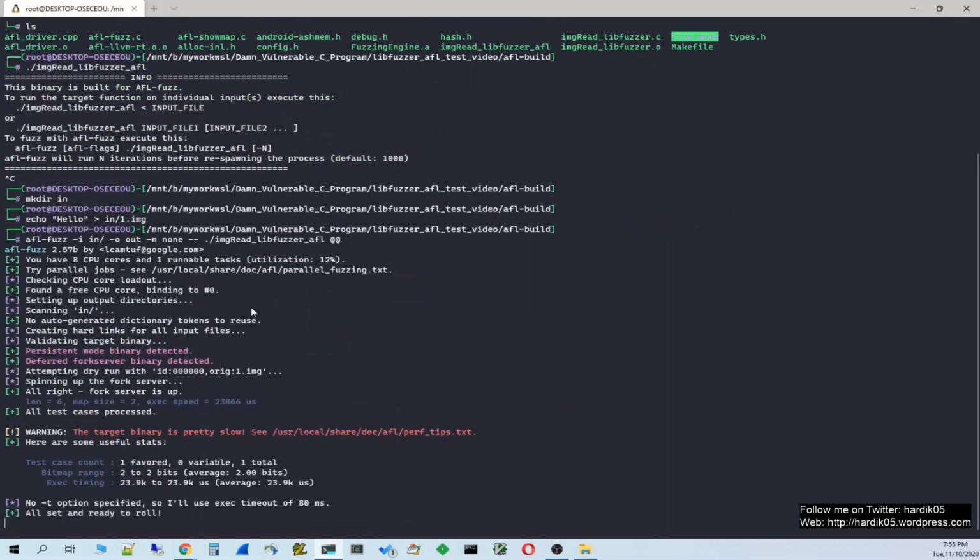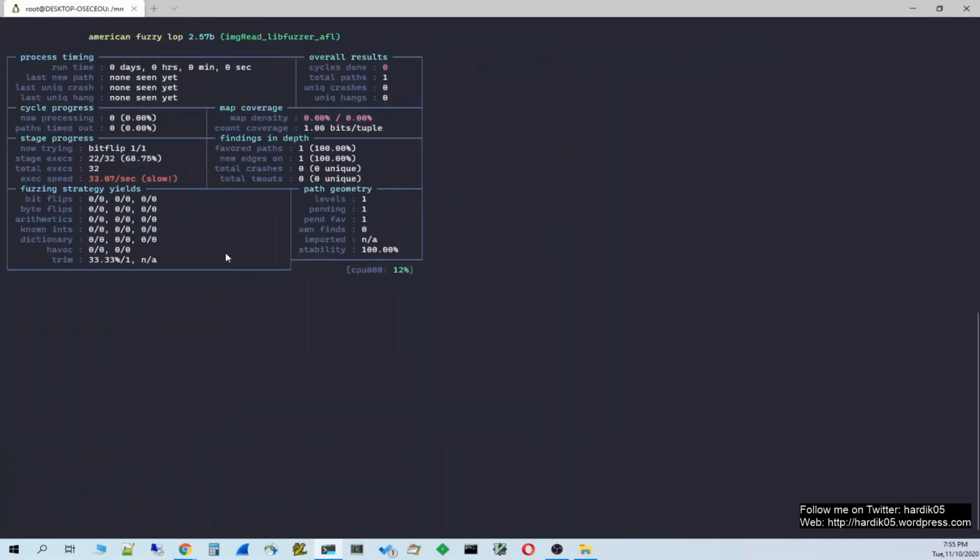And let's see. So you can see that it detects persistent mode and default fork server, and it started fuzzing our binary over here. So we will wait till we get some crashes, and then we will analyze those crashes. So it's actually pretty simple, and I don't know how it will help, but you can try it out. It's a nice learning experience for me, and for you as well if you are following along.